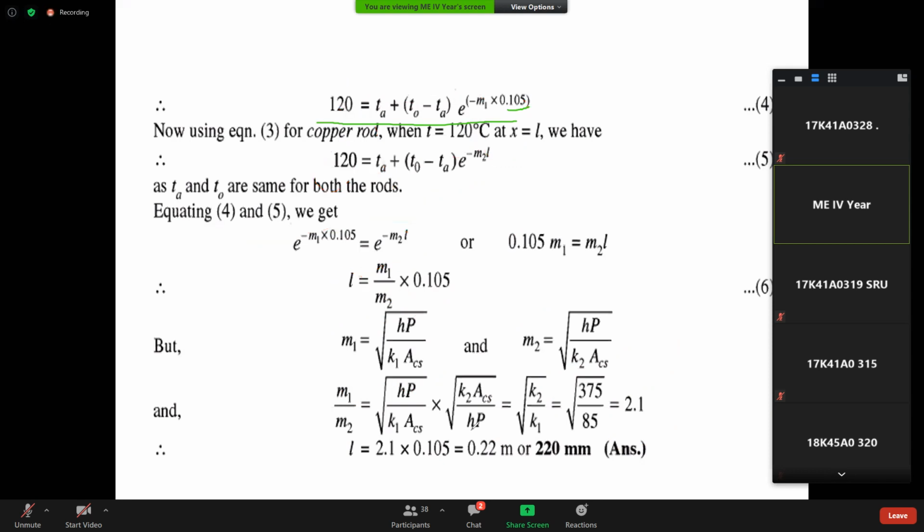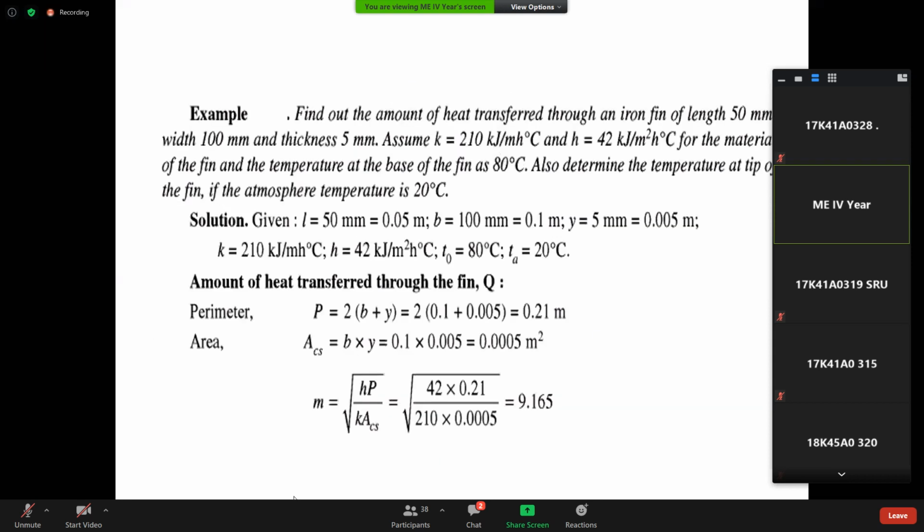Again, I'll move to this problem. I forgot to mention here that this is a short fin. Short fin means the tip is insulated. Don't worry, in the exam also, the condition will be given. The tip is insulated here, right? So for that case, you need to calculate all the parameters. He's asking you to determine the temperature at the tip, right? So if it is a short fin,